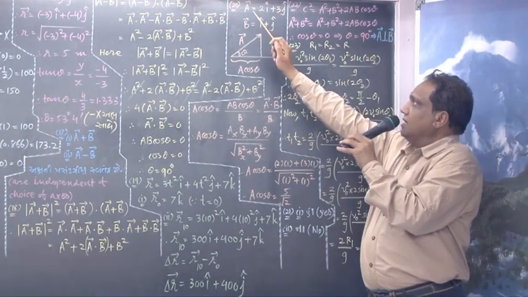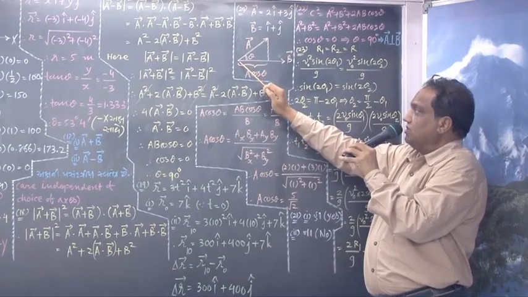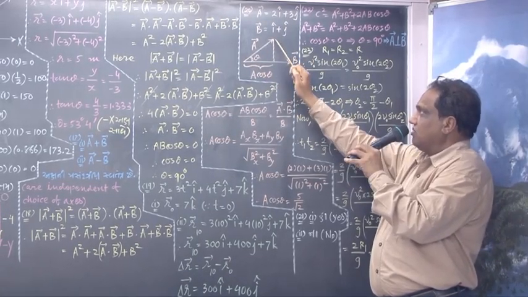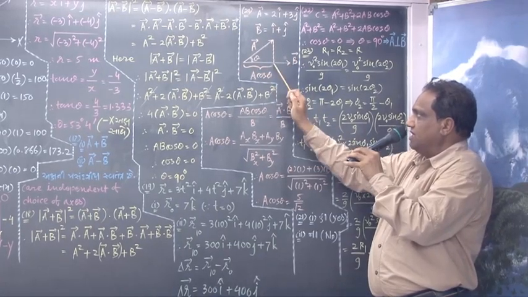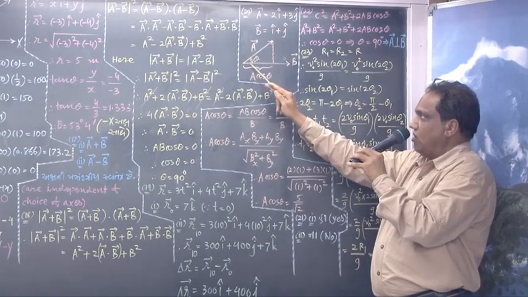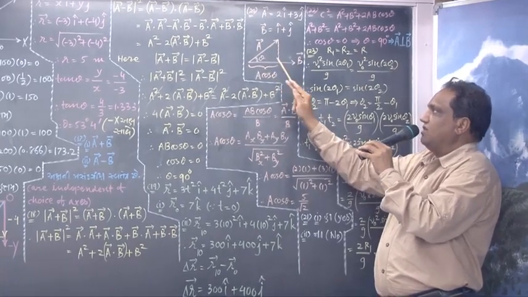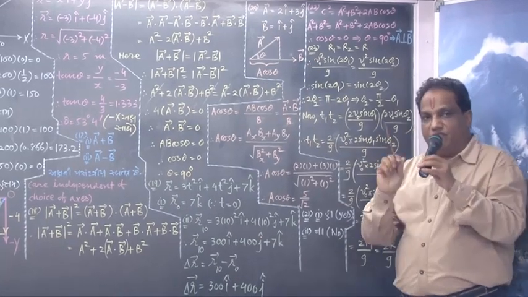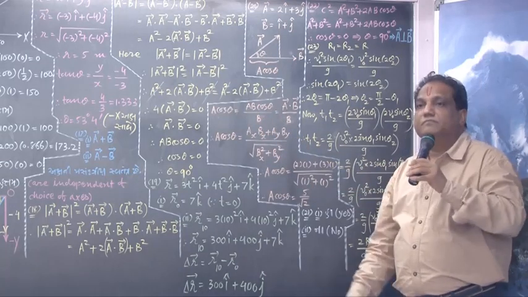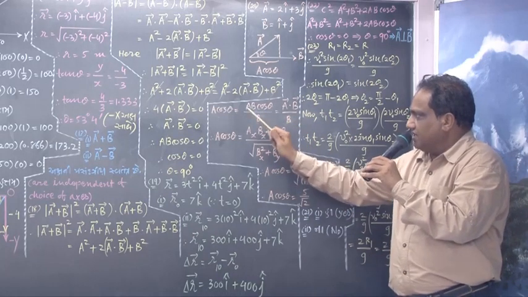Look, vector A is 2i hat plus 3j hat, vector B is i hat plus j hat. Now you want the component of vector A along vector B. Just draw one perpendicular. This much is the component of vector A along vector B. And how much is it? The component of vector A adjacent to theta is A cos theta, which I want. Can you write A cos theta this way: AB cos theta upon B? B and B will cancel, so left is A cos theta.